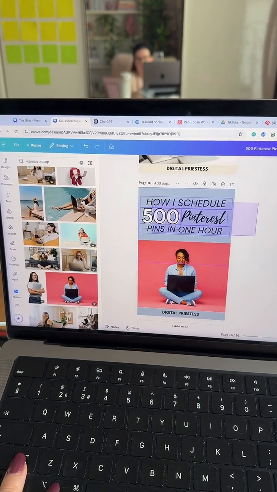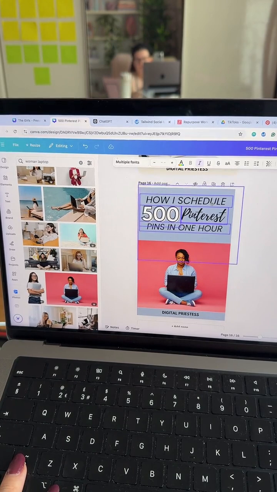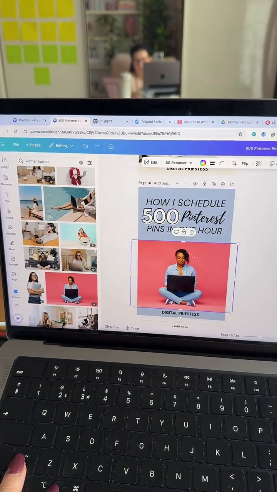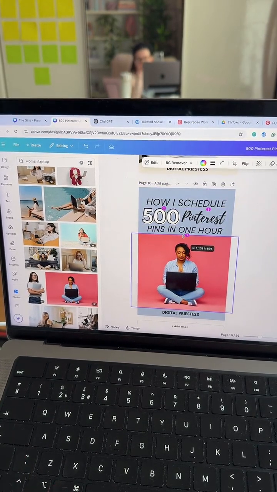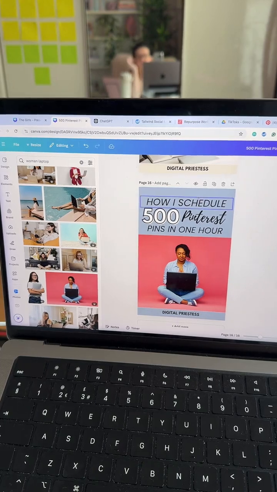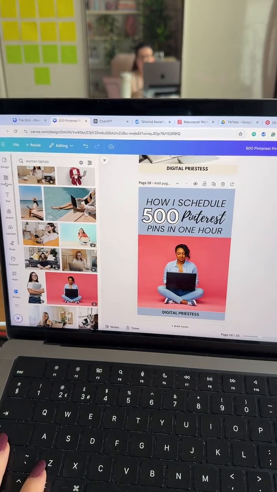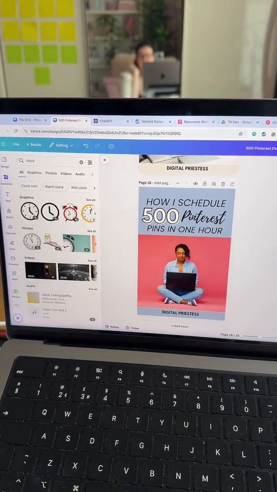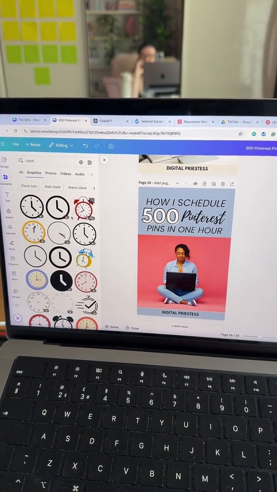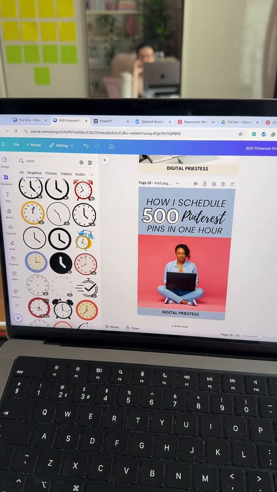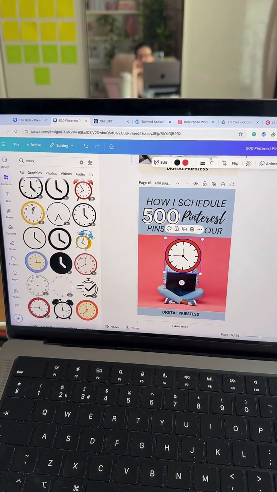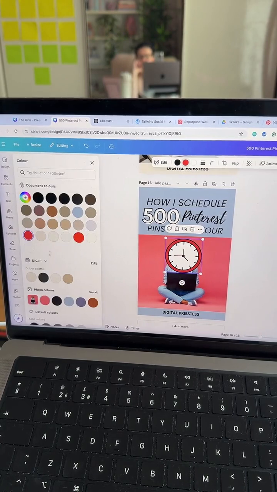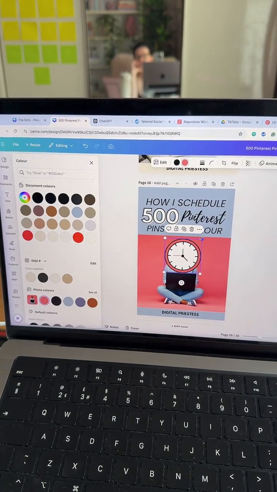I'm going to pull them together a little bit more. Make this a bit bigger so she's kind of center stage. I'm going to put a little clock emoji or something, just so that it focuses on the fact that it does it in like an hour. So let's find a cute little clock. Oh, and I can change the colour of the clock as well. So let's make it the pink to match the...